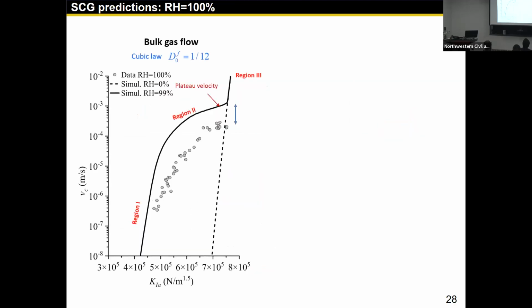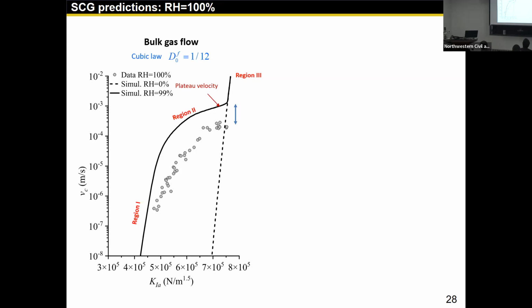Here is the prediction result. At first we just see the result without even any data. We're pretty happy because region 1, region 2, and the joining to region 3 is naturally predicted from a continuous framework. And it's mathematical. There's no assumption about how this should look like or how that should look like in a power law sense. It's naturally predicted.